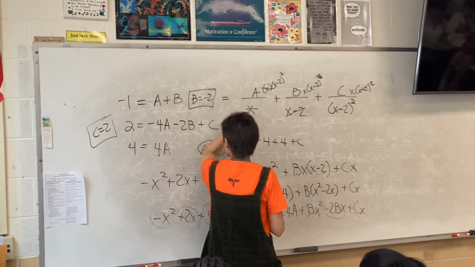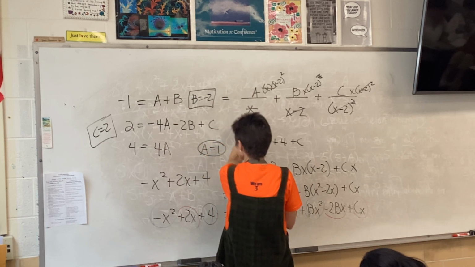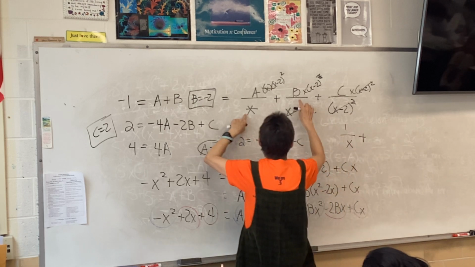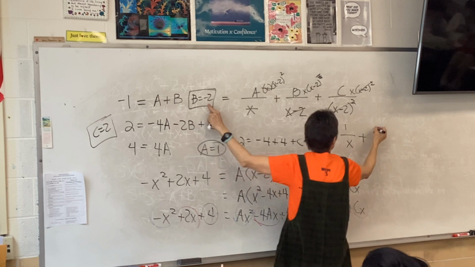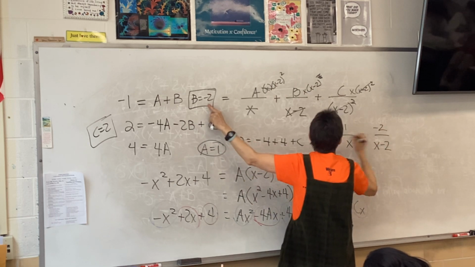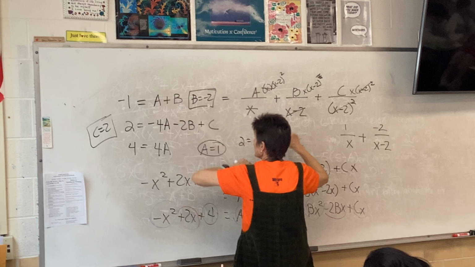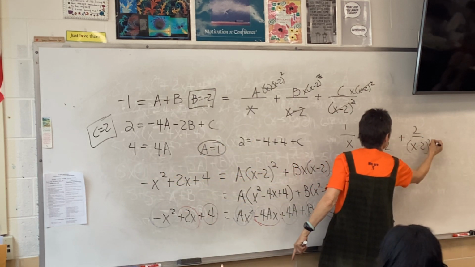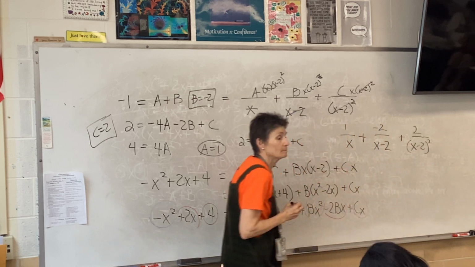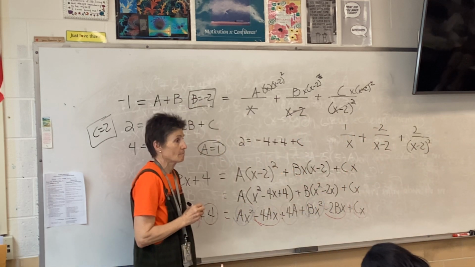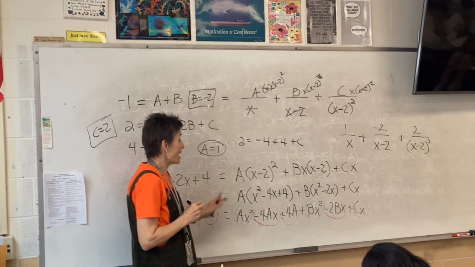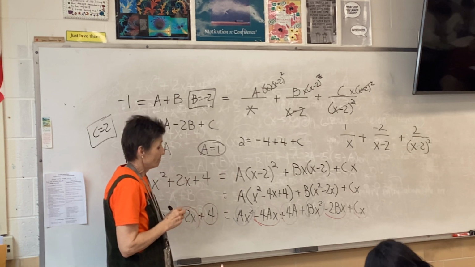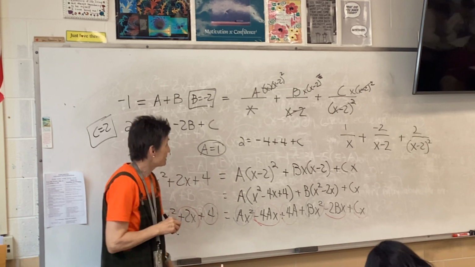A goes over the x, so what was a? 1. So 1 over x. B goes over x minus 2. And c goes over x minus 2 squared. Now, that's a lot. I erased part of it already. That's a lot to keep track of, but it isn't